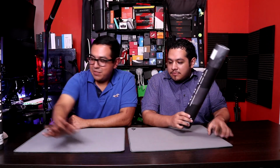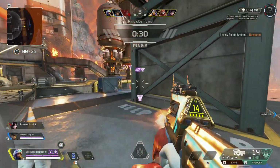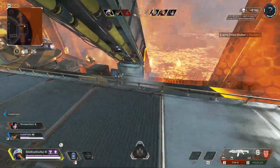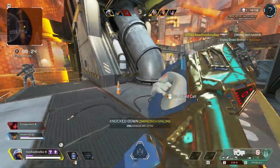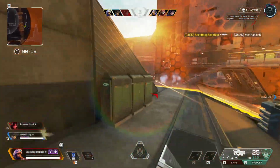So now my experience with the mousepad. I like speedy mousepads, I like super fast mousepads. So this mousepad is not as fast as something like a MPC 450 or Blaze pad or Glass pad. But you know what it does have? It has really low static friction, and I like that. Again, it reminds me really similar of the Zero,